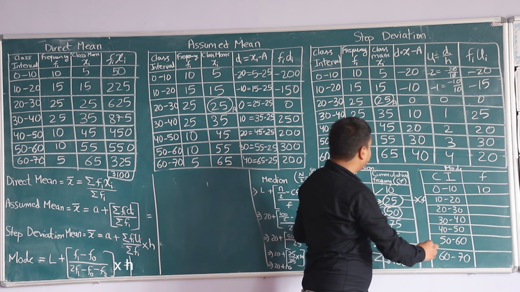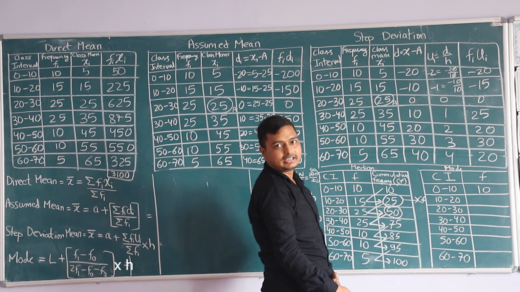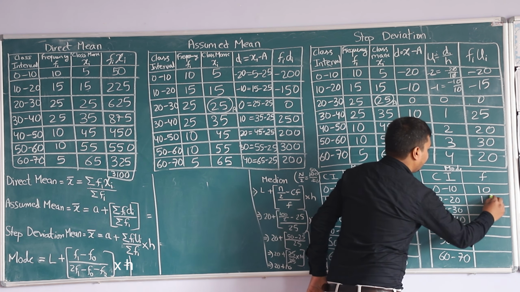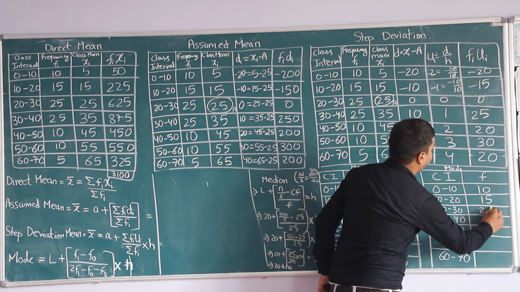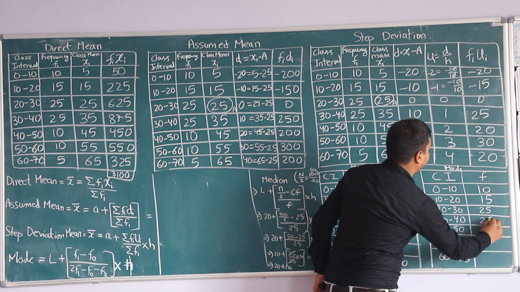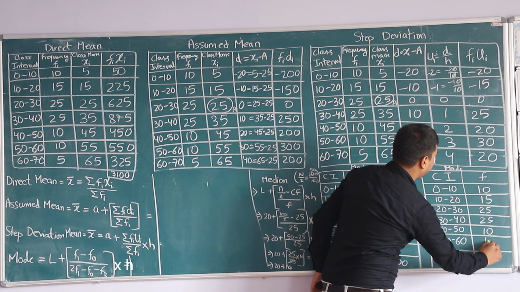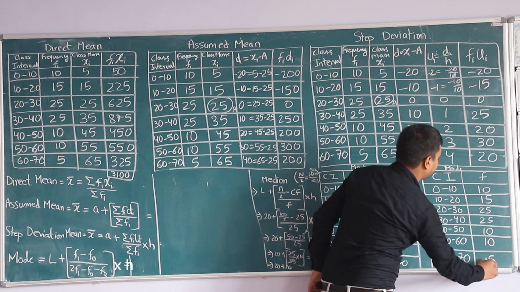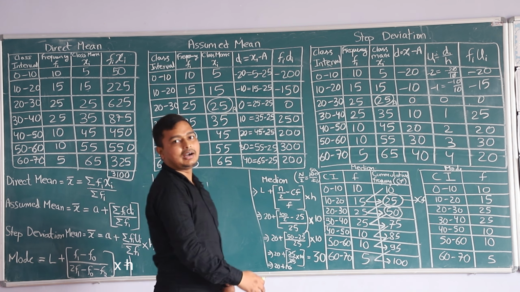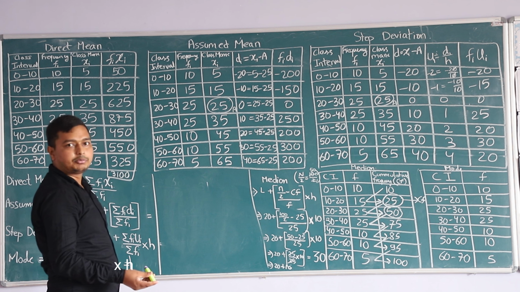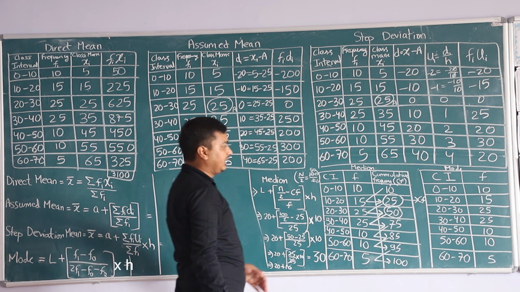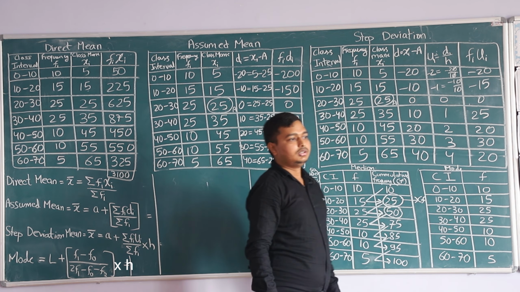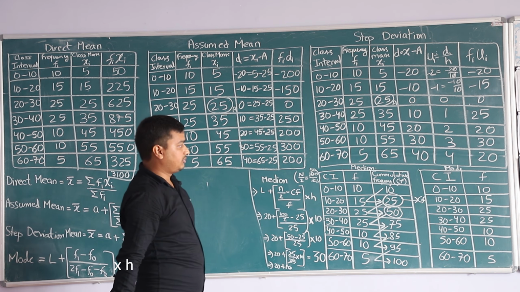So first I will write 10. Next, already in the question paper it will be given, the cumulative frequency: 10, 15, 25, 25, 10, 10, 5. Okay. In the question paper they will mention this data. After that data only we need to select it. Is that clear? Now how to select this number? The process remains the same. So first